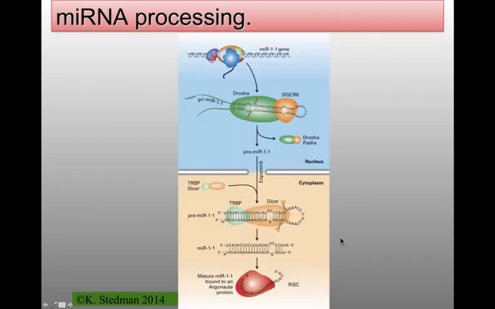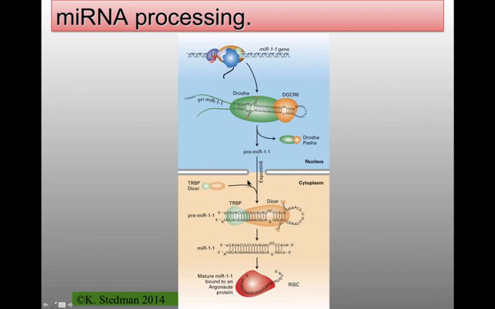Let's look at that in a little bit more detail here. Here we've got regular transcription of one of these microRNA genes. They're relatively small, usually about 100 bases in length. They form a secondary structure. That secondary structure gets recognized by some very specific proteins. Again, it's the structure which is being recognized. It's not the sequence which is being recognized. This is true again. We talked about this for DNA repair, et cetera. So that structure gets recognized.